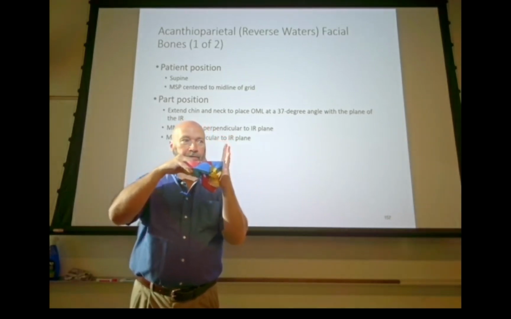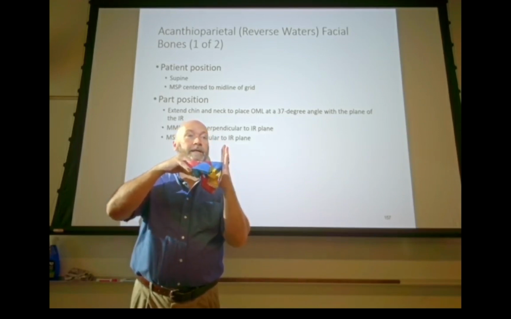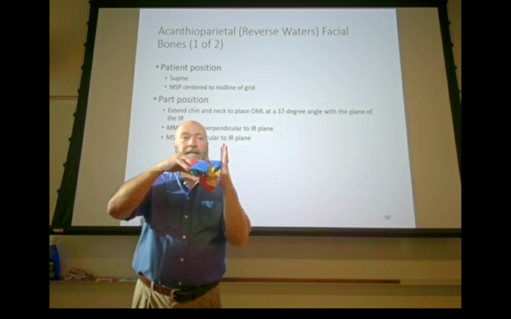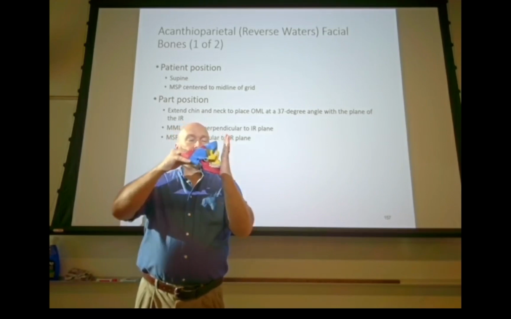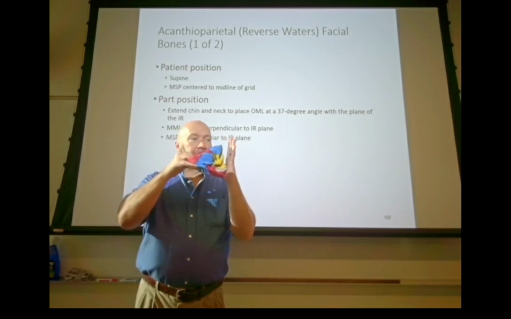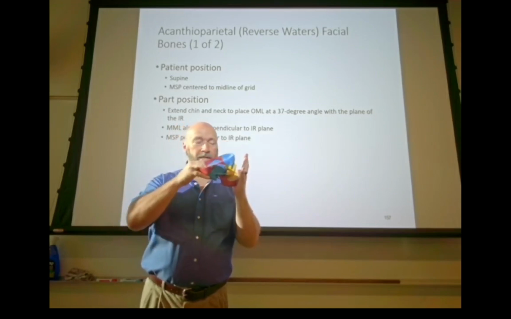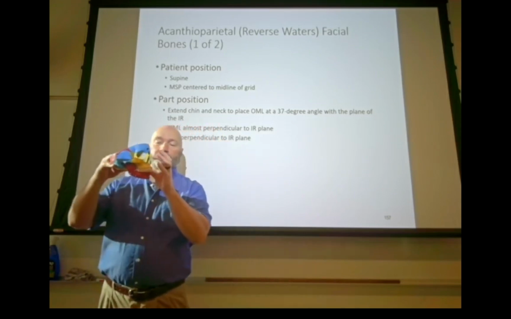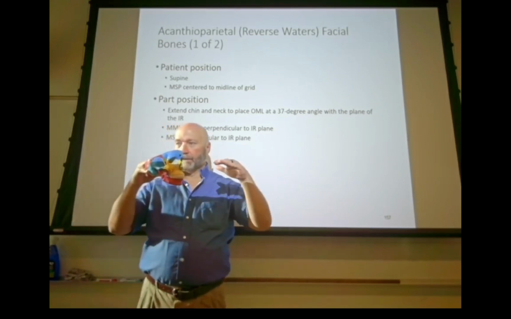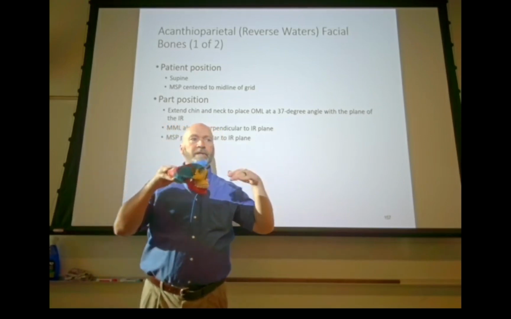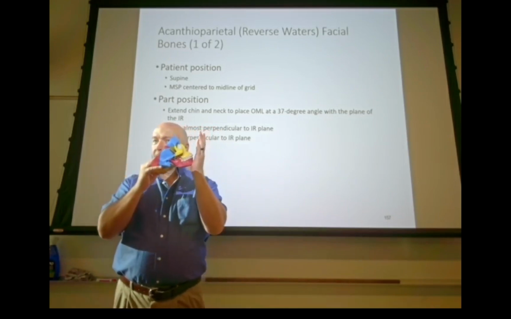Perpendicular, what's your angulation? 90-degree angle, right angle we call that. Or what degrees is that? 90, right. So in this case, we're going to tuck our chin a little bit, and we're going to put the nose and the chin on the image receptor, and that's going to be a 55 waters. Okay? So with a 55 waters, what we get is truly the floor of the orbits are going to be perpendicular to the image receptor. Okay, where the 37 was close, it was a little bit of an angle,